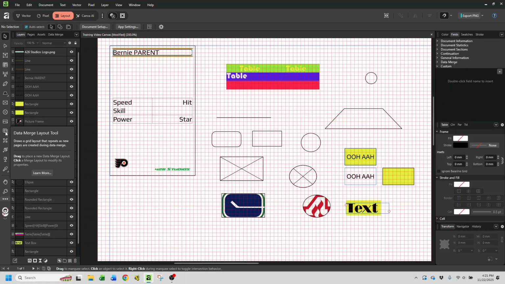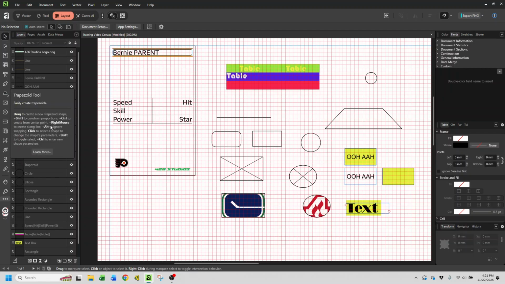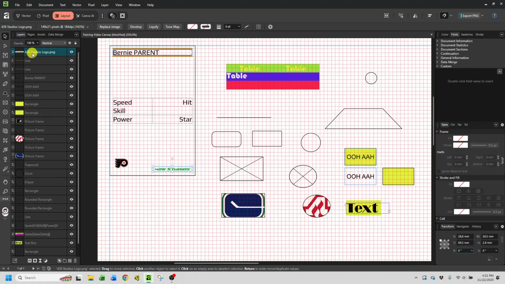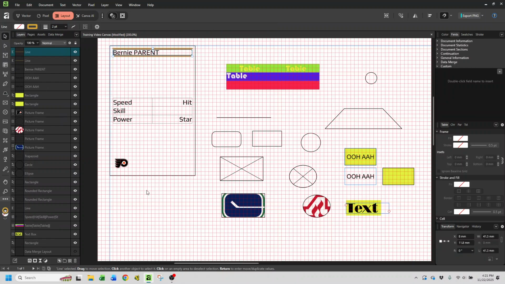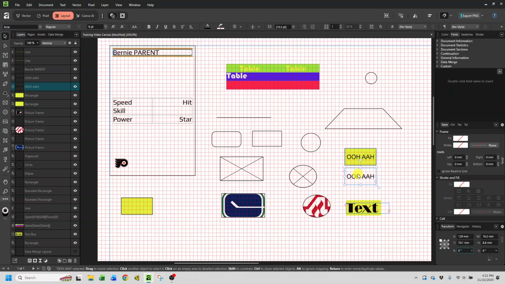So let's do one or two more things before we leave, and that is let's get rid of the placeholder and get rid of this 426 Studios thing. I'm going to delete it out of there. You can hit delete, or you can right click and hit delete. I want to do this. See how I've got ooh and ah here? So I've got this element here, which you can see is this rectangle, and I've got this element